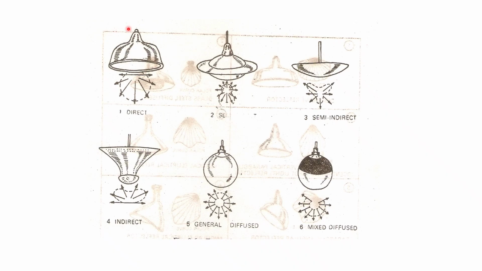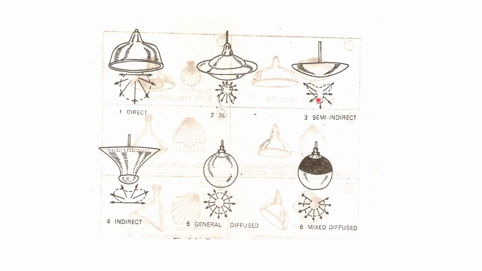Friends, this slide shows some of the downlighters of different characteristics. The first one is a downlighter of direct lighting, out of which most of the light goes downward. This is a semi-direct type of fitting in which the major portion goes downward, but some portion is reflected. Then the semi-indirect fitting